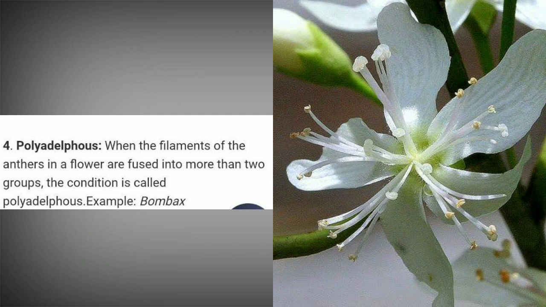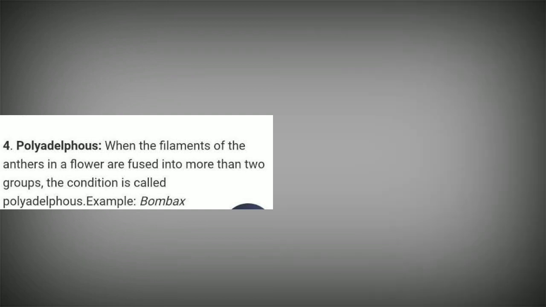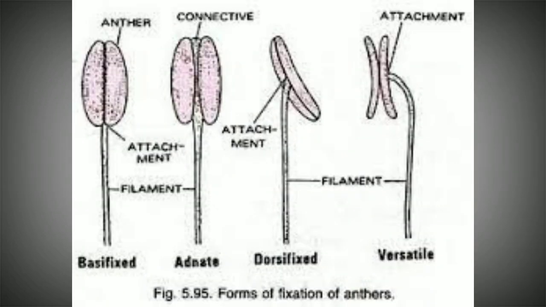Similarly, on the basis of the connective, the stamens can also be divided in many ways. The connective is the point where a portion of the anther is connected to the filament, or the joining point of the filament and the anther. On the basis of that connective, the stamens are regarded as dorsifixed, basifixed, adnate and versatile.